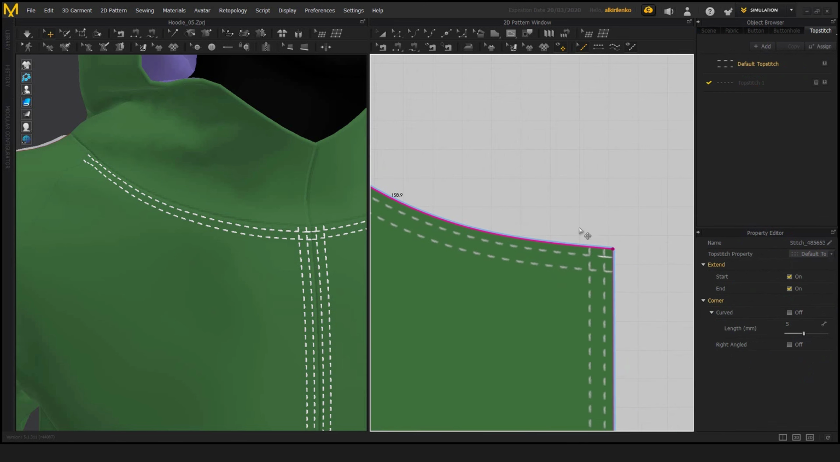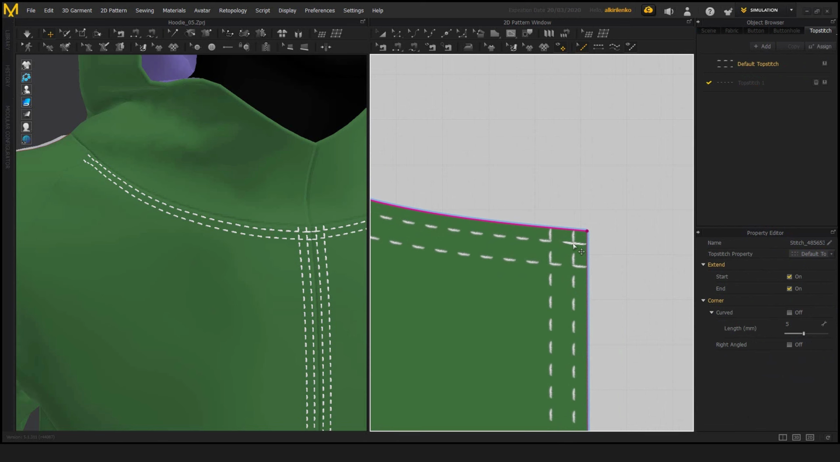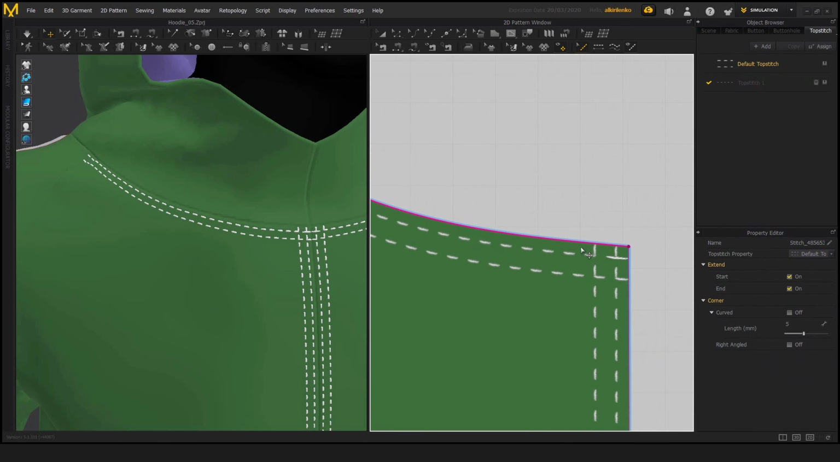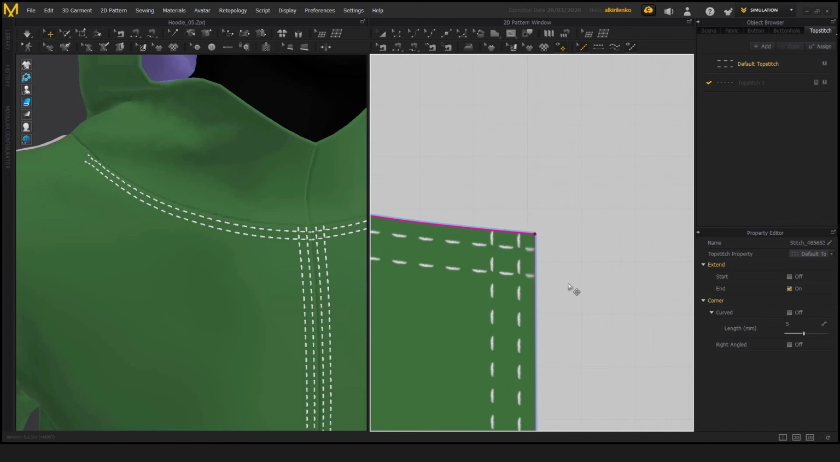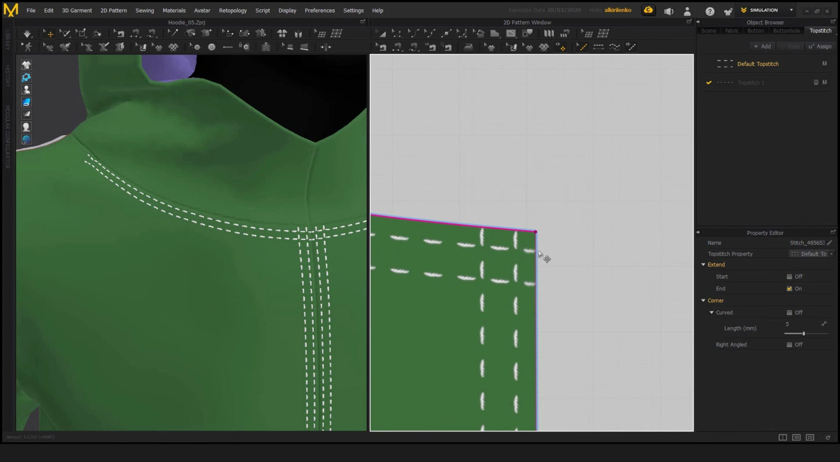Then we have the start and the end, and this is useful for things like this, when there's some kind of weird effect happening when we create stitching. Sometimes when we untick those boxes, this effect disappears and becomes a little bit better, but we also have this kind of effect where the stitching is cut in half in this case. And the same applies for end. If we untick that,